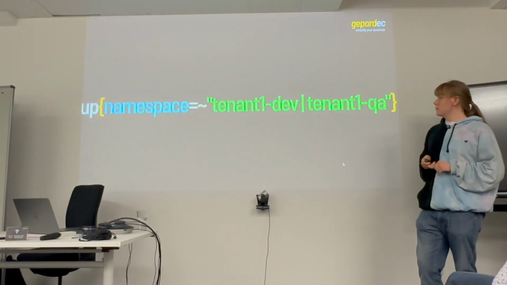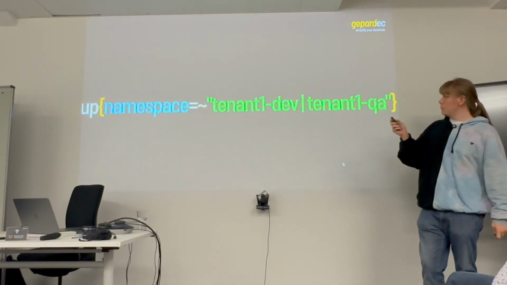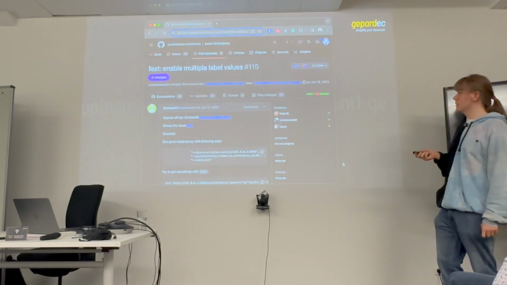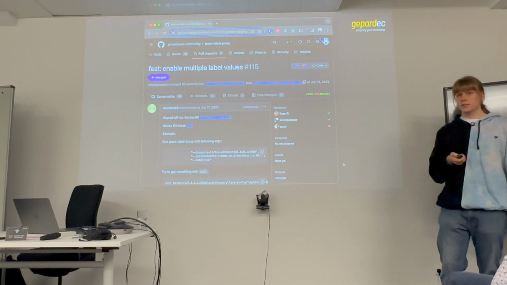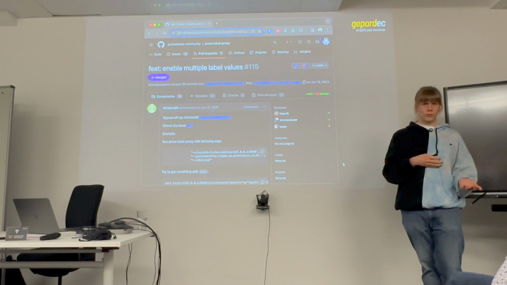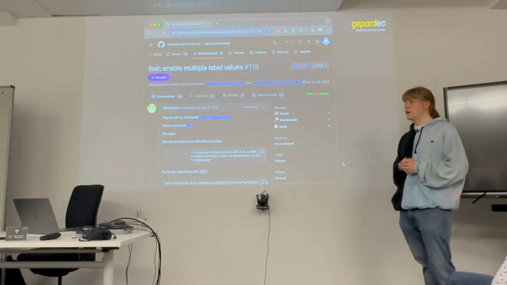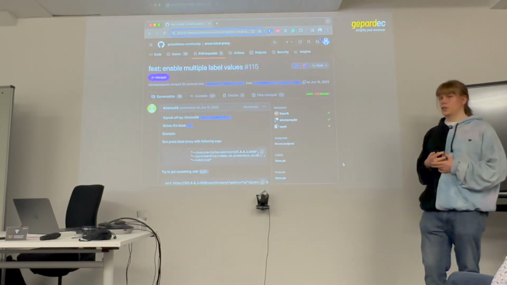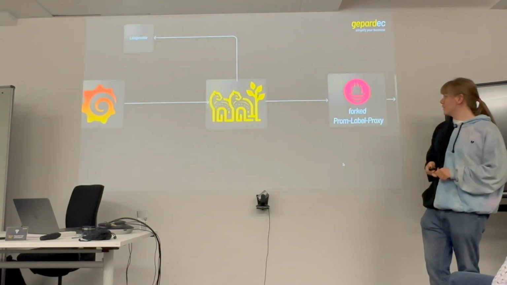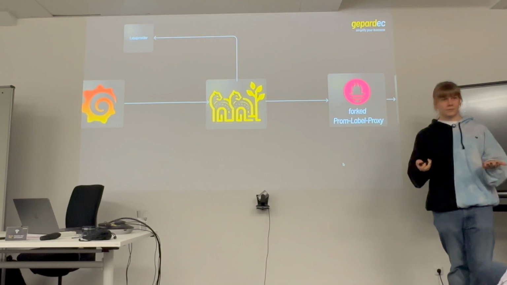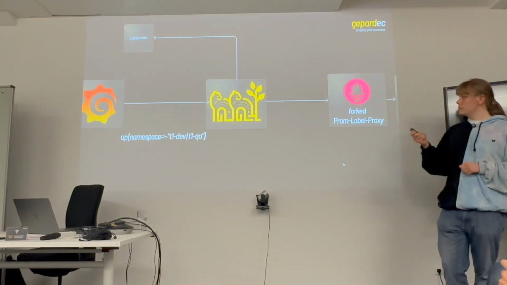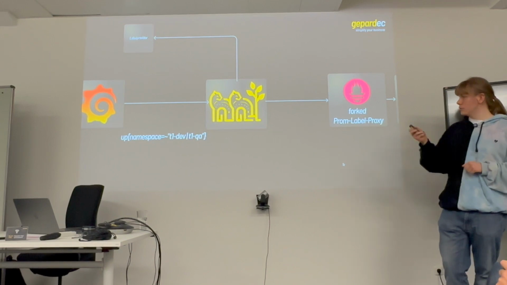Specifically, you can query multiple namespaces with this operator. And the prom label proxy didn't support it for nearly 2 years. There was an open PR for it and a fork, but it didn't get merged. So we forked the fork and deployed the fork and had a modified prom label proxy, which now supported the namespace with multiple